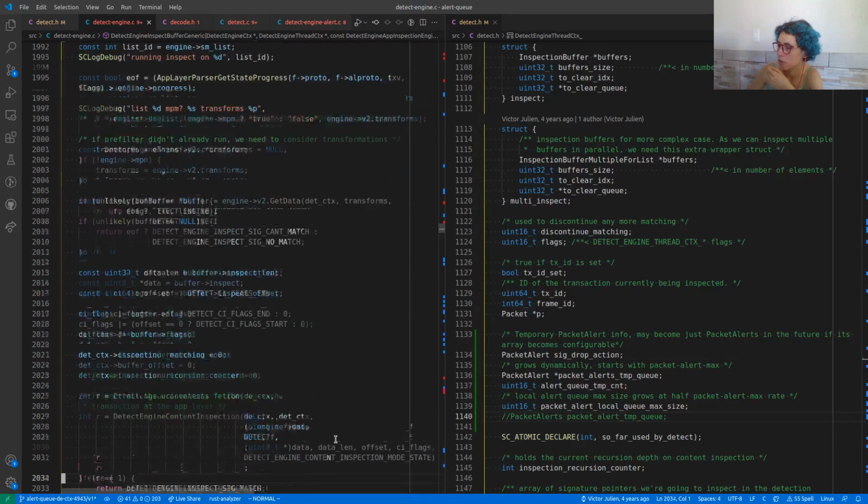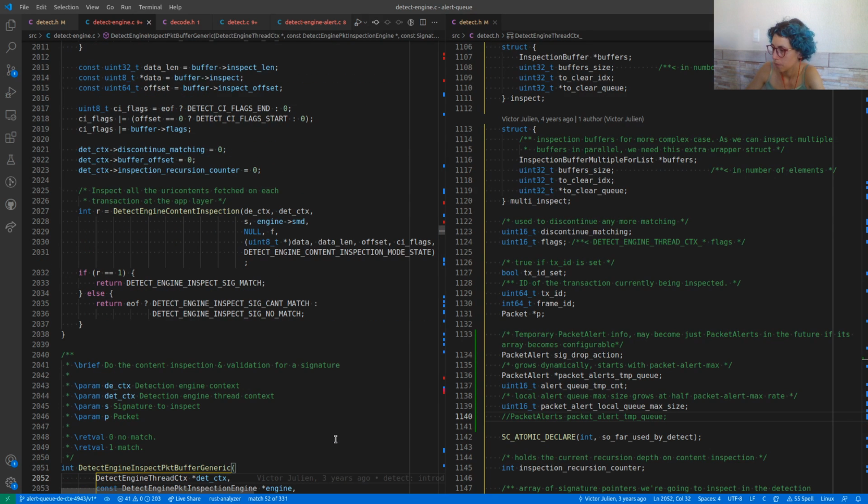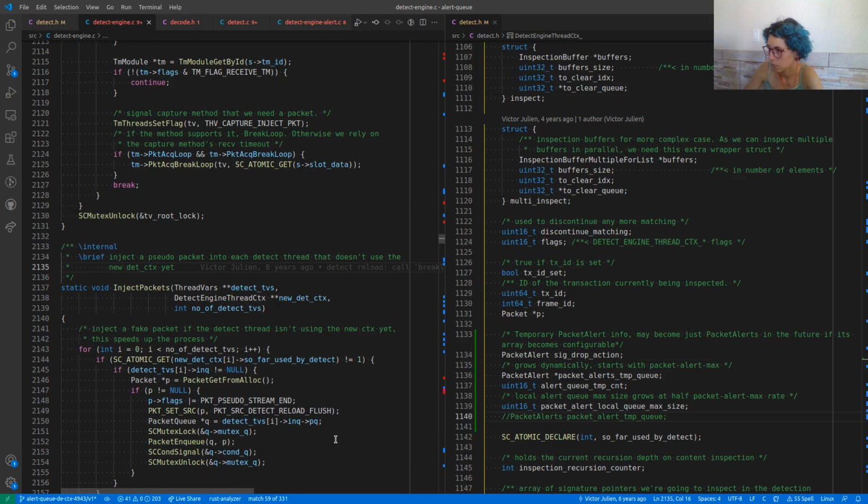Yeah, that's not it. Let's keep looking. Inject packet, inject a pseudo packet into each detect thread that doesn't use the new detect engine context yet.